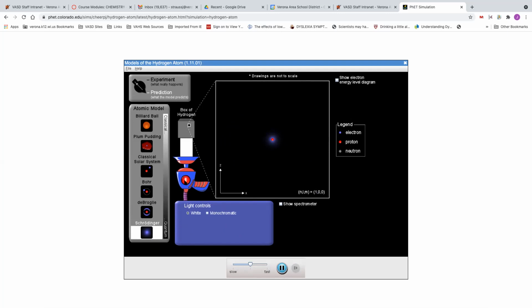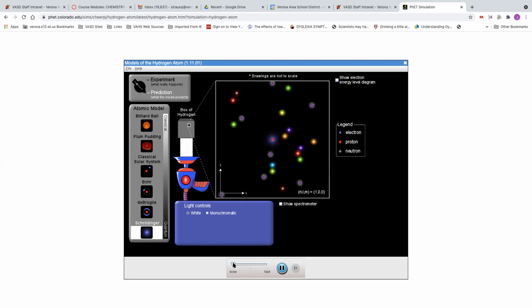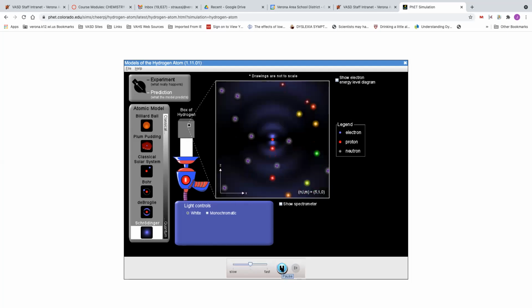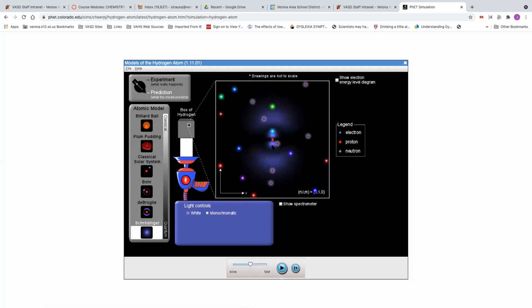Oops, I got to shoot light at it. Okay, so that jumped out to the p orbital. It's kind of hard to see, but there's a p orbital there. I'll stop it when we get to a really good p. That's the fifth energy level, the 5p. The 5p is a dumbbell inside a dumbbell inside a dumbbell inside a dumbbell. This is the 3p. This is a little bit easier to see. There's one dumbbell,